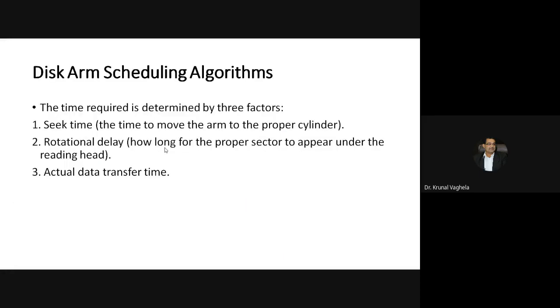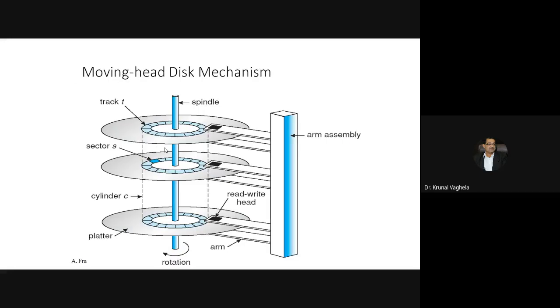Now let's start disk arm scheduling algorithms. First, why do we need arm scheduling algorithms? Consider there are many requests for hard disk transfer. You will get many processes wanting much data from the hard disk, right? Some data is here, some here, some there. So data may be scattered, and arm positioning and rotation take time.